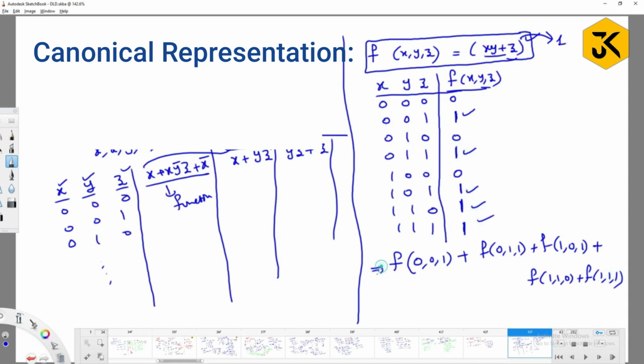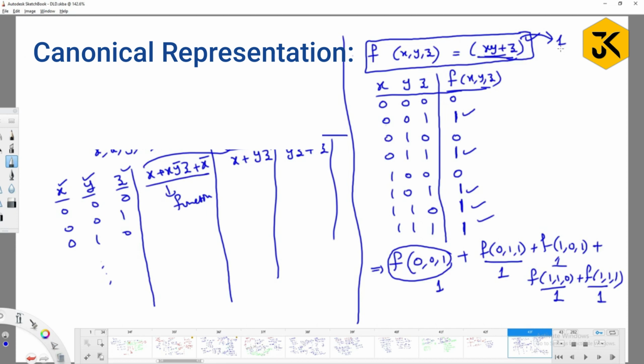right? So what makes the output one? When you execute this function for each of these inputs, you are going to get the output 1, or for this input the output is 1, or for this the output is 1, or for this the output is 1. That is the meaning of this. When you are simply writing a function, that output is always 1,